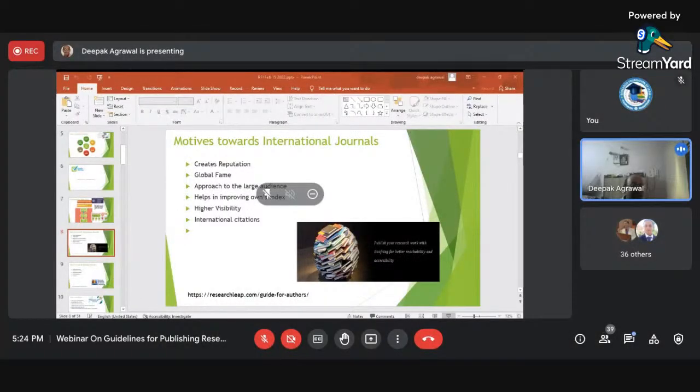Yes, there is a difference. Here you will get international citations, which are throughout the world, whereas there you are getting citations which are normally published within a country only. For more details, you can refer to this slide and this website. Moving back to this slide, we need to decide first what our option is, where we want to get our paper published: either an international journal or a national journal.